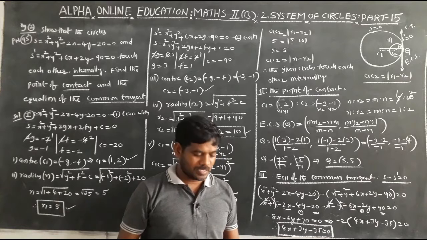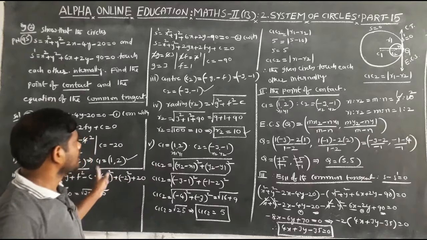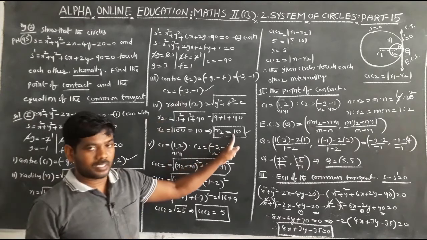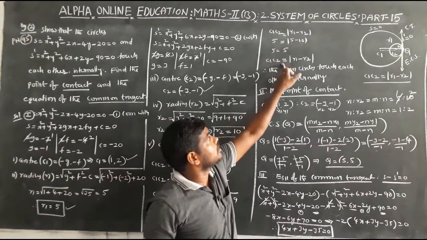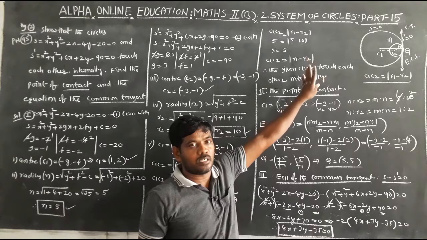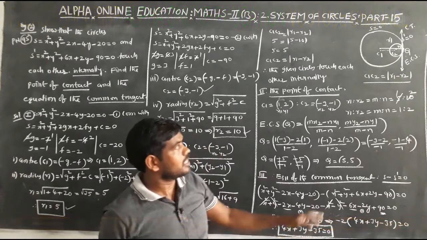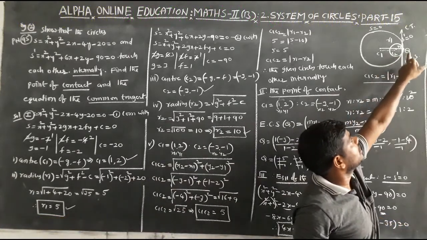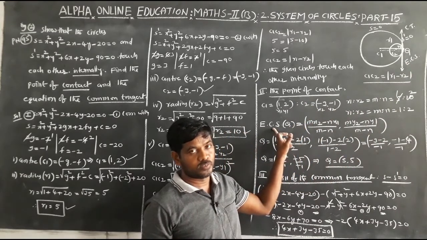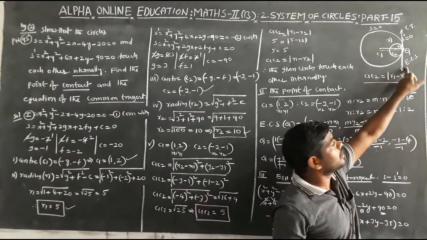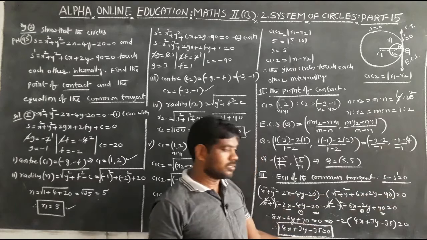This is the process, a most important problem. First of all, find the centers and radii of the given two circles. Again, find C1C2. If C1C2 is equal to mod of R1 minus R2, then the two circles touch each other internally. Second, if the two circles touch each other internally, the point of contact is the external center of similitude. Third, the equation of the common tangent is S minus S dash is equal to 0. This is the answer.